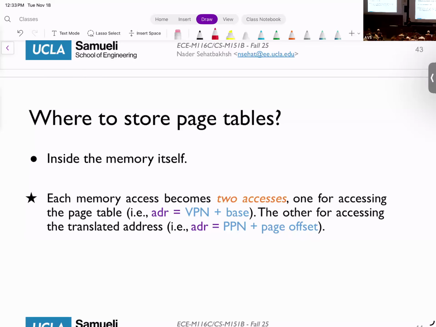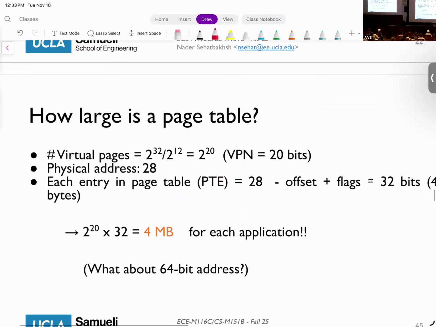What that means is that any actual memory access is in fact 2 memory accesses. The first memory access is accessing the page table, because I need to actually go and read the page table. The second access is when the address is known and you go and actually grab the data from the physical address. Okay? So when I have this address translation, each access to the main memory is technically 2 accesses. First one to the page table. Second one is that now that I have the actual address, I go and grab it.